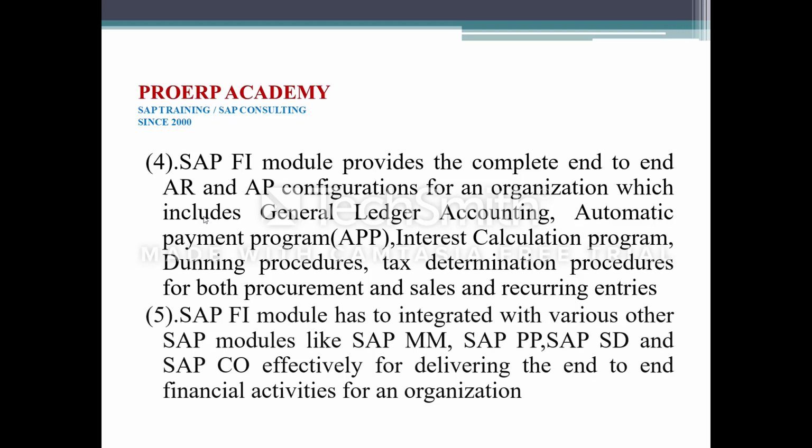That means we have to integrate this SAP FI module with various different SAP modules like SAP Material Management, SAP Production Planning, SAP Sales and Distribution, and SAP Controlling effectively. Then only this FI module will be effectively used for delivering the end-to-end financial activities for